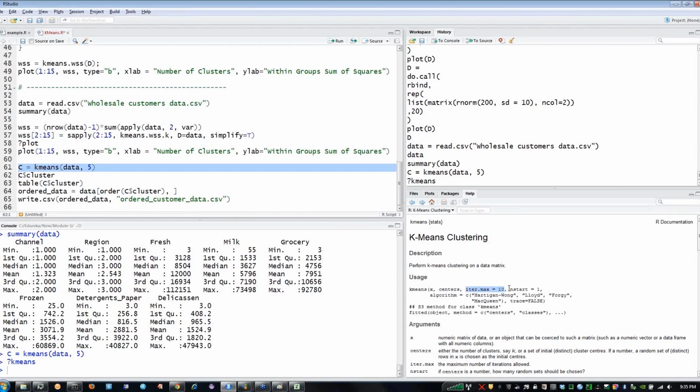We said that we repeat this process until the movement of the cluster centers is minimum. But instead I can also say, okay, run it for 10 iterations, and after that I'm okay with whatever I get. Even though cluster centers move after the 10th iteration, I don't care. I just want to run for 10 iterations. That's something you can specify, the number of iterations to run. And nstart is just